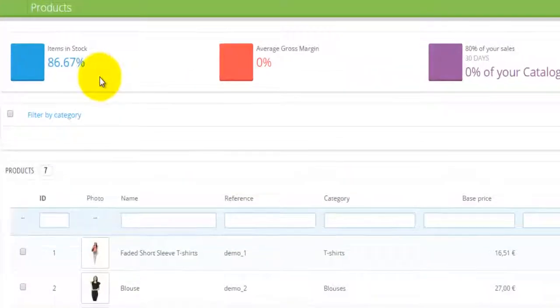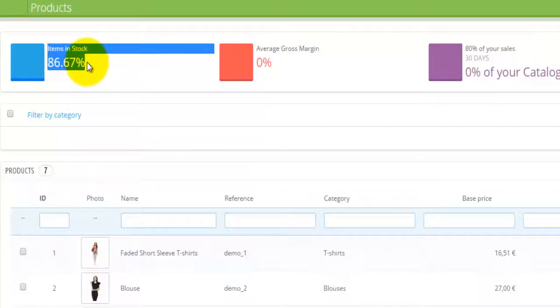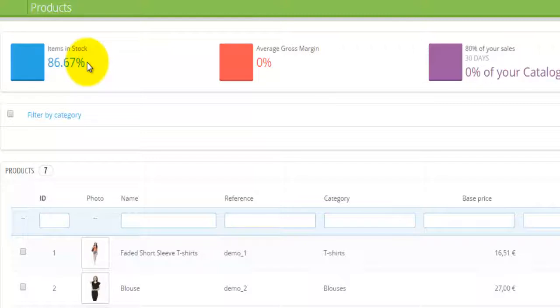Right at the top you'll have some information, which I call the block information. As you can see, it's given in different color blocks. So items in stock, we have this many. Basically this is saying how many of the items you're trying to sell you currently have in your stock. This should be around 100%, that's the optimum and the best value, which means